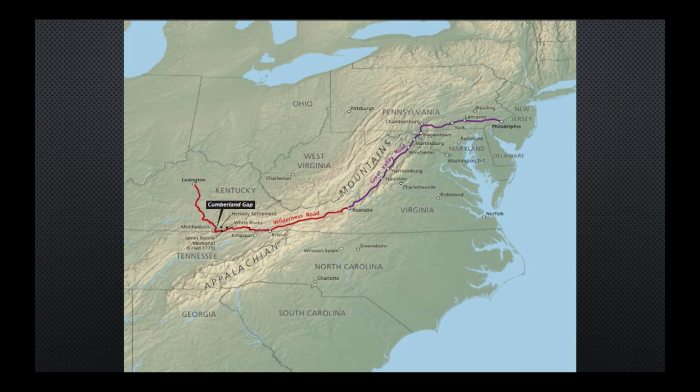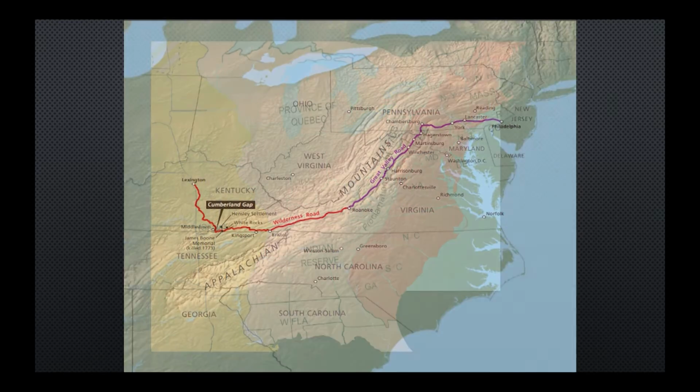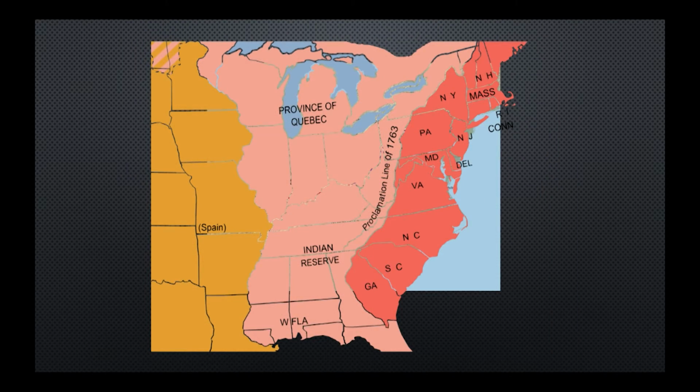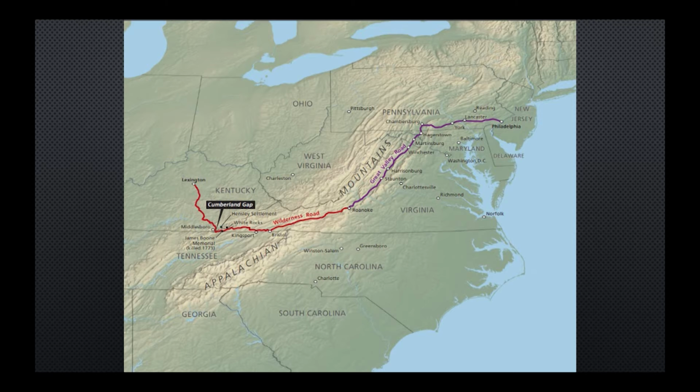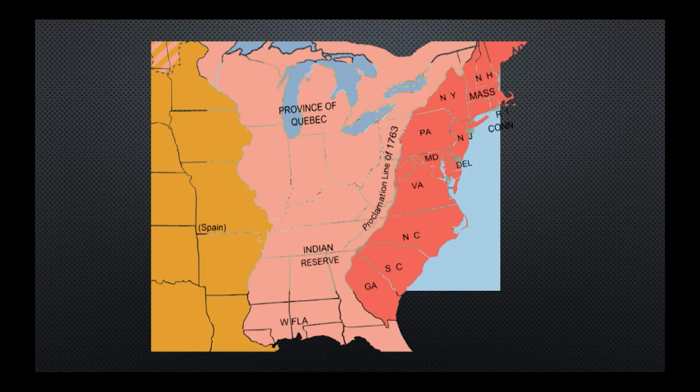And this is a nice map that shows where the Wilderness Road picks up from the Great Valley Road and goes into Tennessee territory and hits the Cumberland Gap there, and then turns right into Kentucky. And here's another look at it. This is to show you, I'm going to superimpose on this the map that we saw earlier. Yeah, this kind of matches up. So you can see where the Wilderness Road is. We are way far off the map now. We are way far past that Proclamation Line, no return.